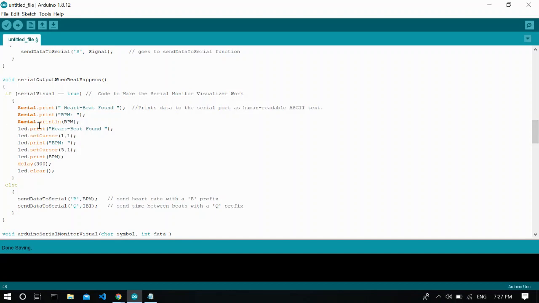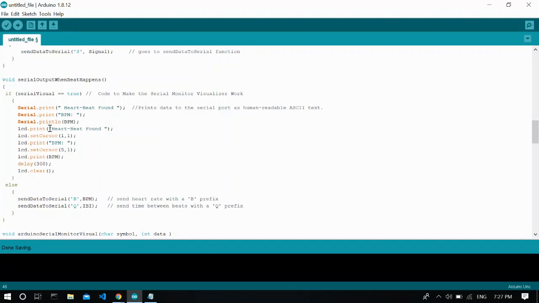Inside the function, we have an if condition which says if serialVisual equals true, then Serial.print "Heartbeat found". Serial.print prints the data to the serial port as human readable ASCII text. Then we have Serial.print BPM, then Serial.println the BPM value. We are printing the BPM value.